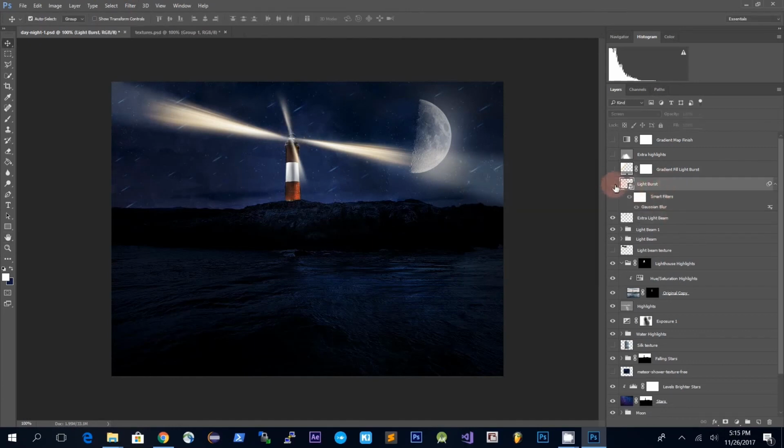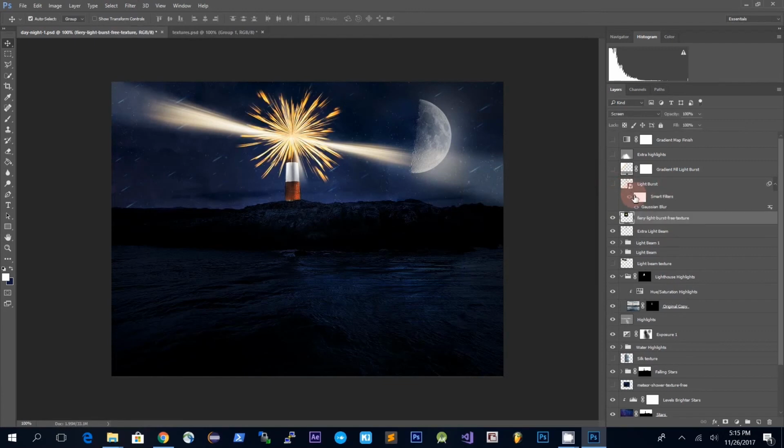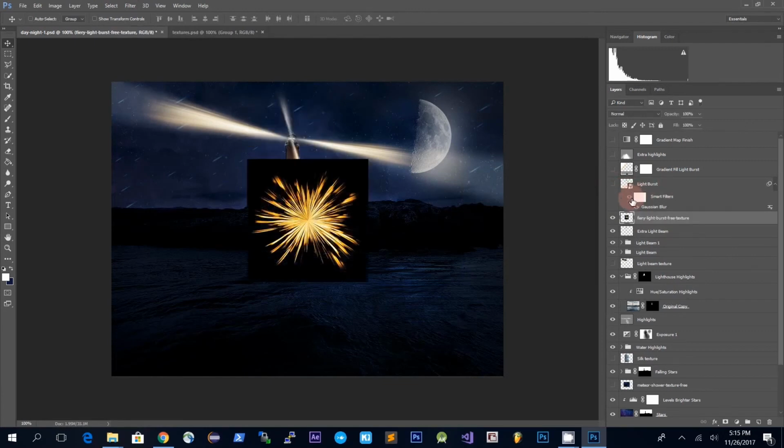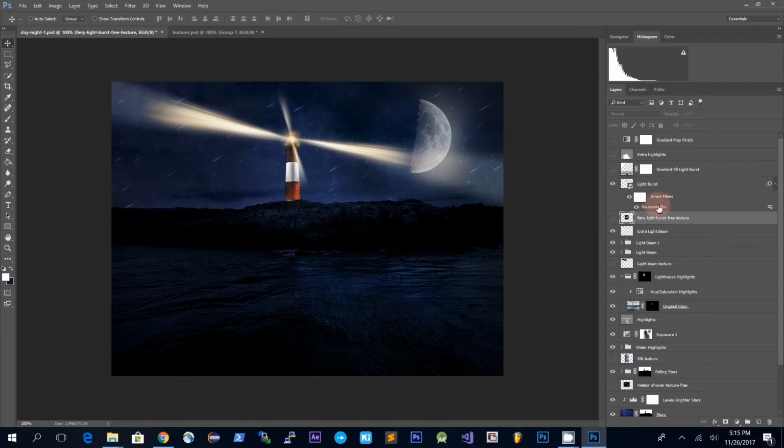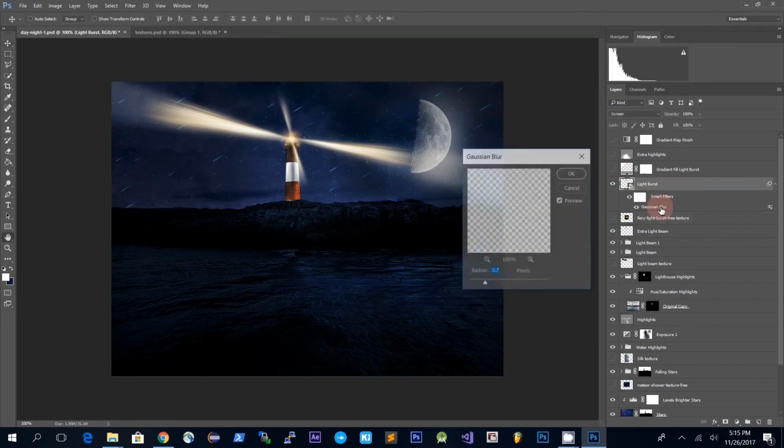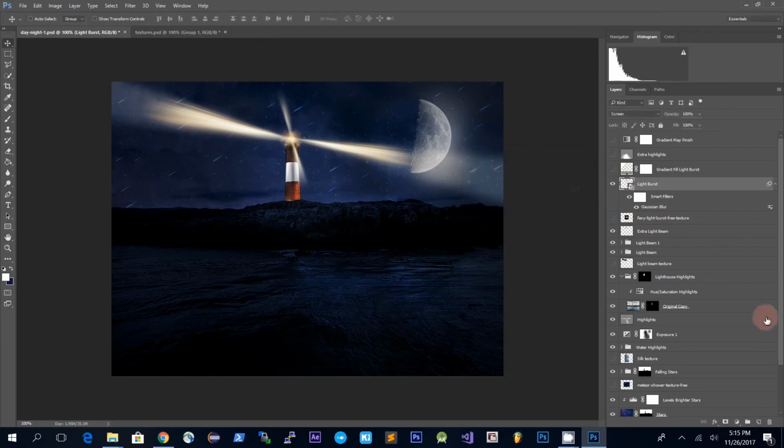So if you transform the texture into a smart object, then you can apply filters to it, and this is what I did here. The cool thing about smart objects and the smart filters is that you can go back, for example, to the Gaussian blur, and you can see I can change the settings if I want to later. Okay, so